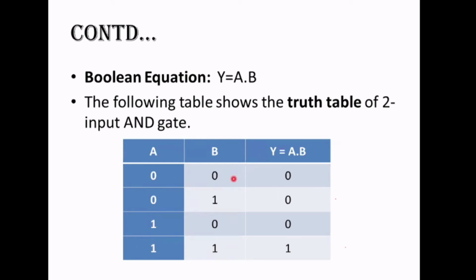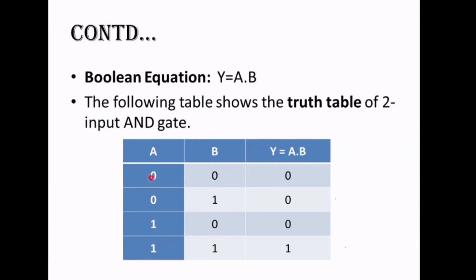Now in the second input column, you will write 0 1 alternately, right? By doing this, you will be able to write all the combinations in a correct manner and without missing any combination. And correct manner means what? In a proper format, as it appears in the table, in the same format, right? Because if you write the combinations in the same format, it gives a good impression, right?